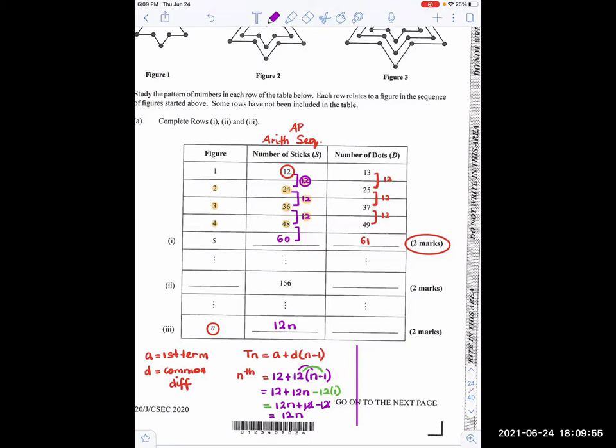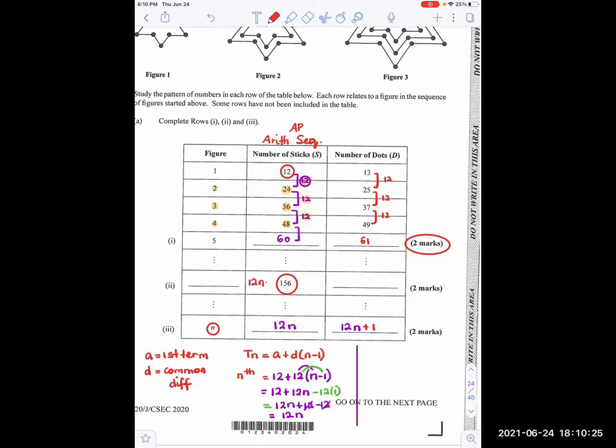if this is 60 and this is 61, how much did I add to 60 to get 61? 1. So if here is 12n, here must be 12n plus 1. You agree? Yes. Right. Now, if I have 156,